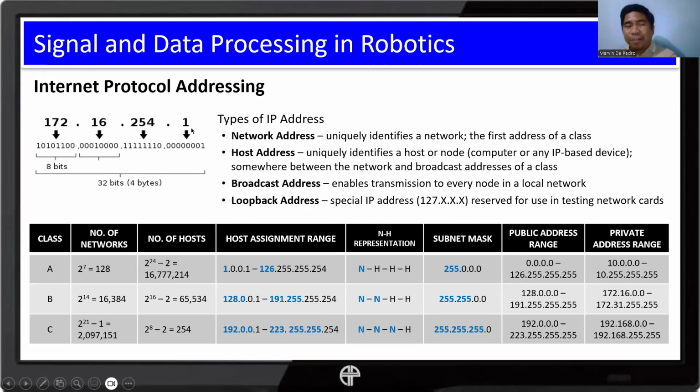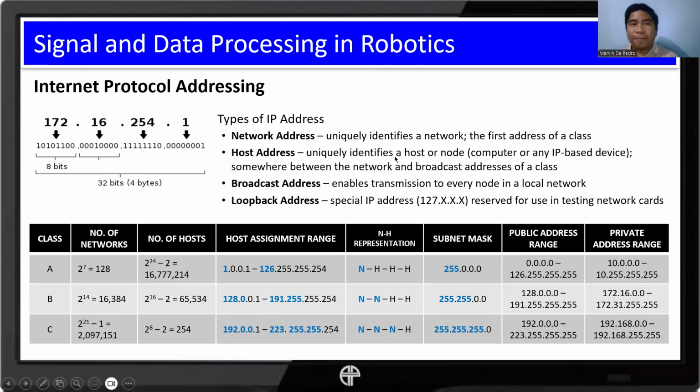we need to assign an IP address to our robot, and we cannot use the network address. That IP address could not be the same as the network address. Okay, it must not be the same as the broadcast address as well and the loopback addresses because they have their intended purposes. So we can only choose one of the addresses for the host.